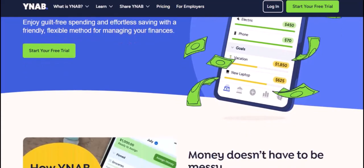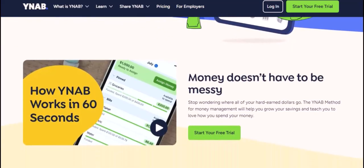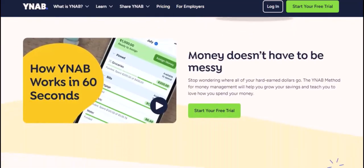YNAB, or You Need a Budget, takes a more hands-on approach. It requires users to manually input their income and expenses, emphasizing mindful spending and budgeting. YNAB's unique zero-based budgeting method ensures that every dollar is allocated to a specific purpose, preventing overspending. While it may have a steeper learning curve, many users find YNAB to be incredibly effective in helping them achieve